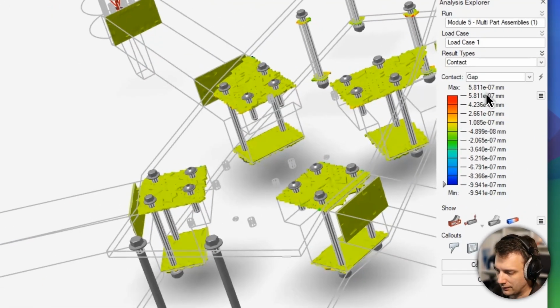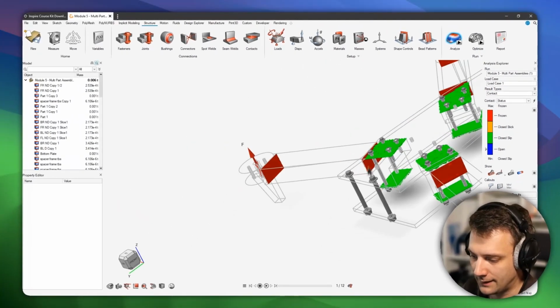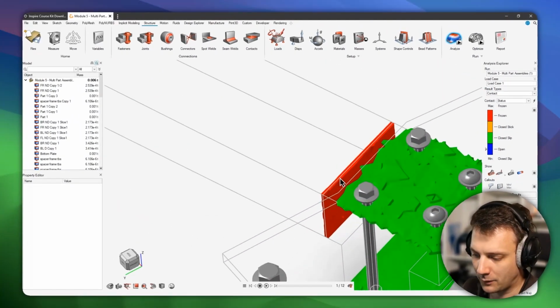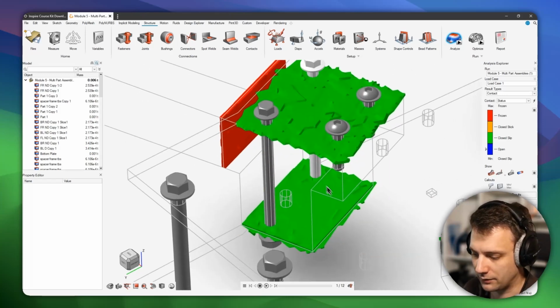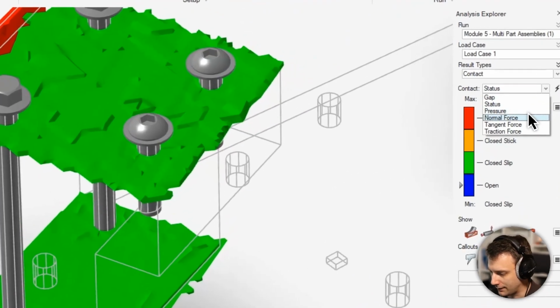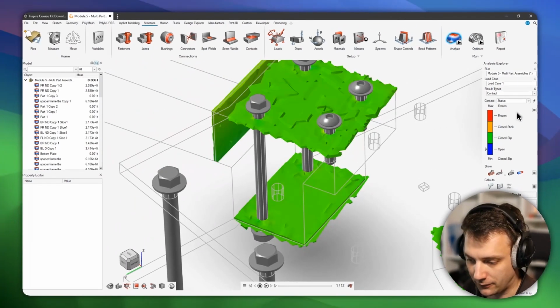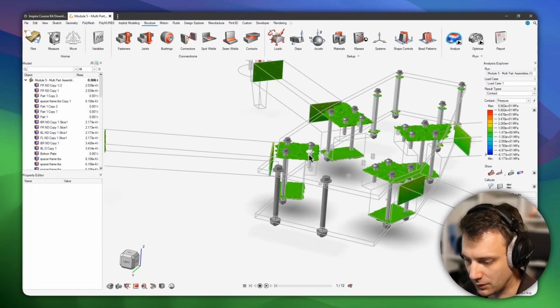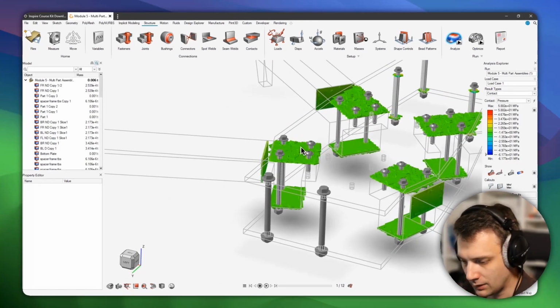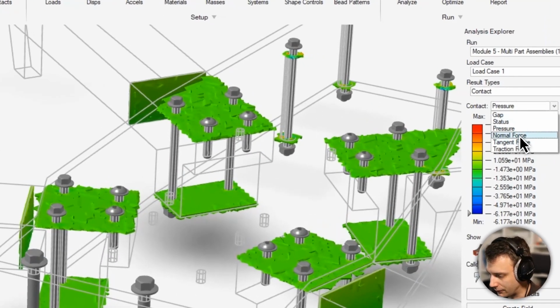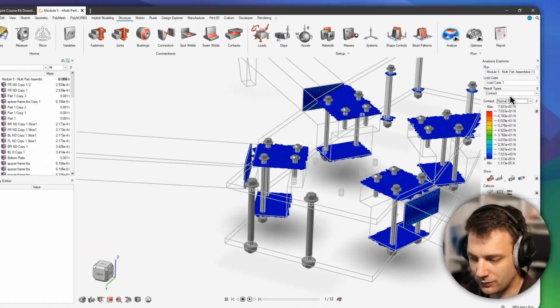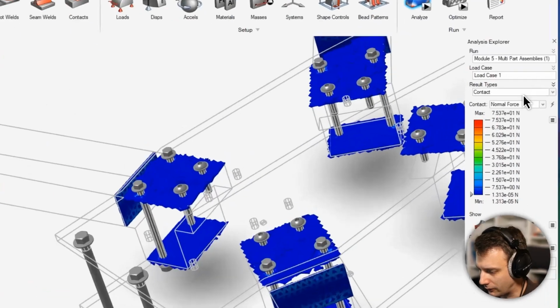Status is definitely one thing to check, because you can also see frozen contacts and the closed slip contact, so you can directly differentiate between those two. And then for sure contact pressure, for example, which will not be too much here because we don't have a pretension, but if you had pretension this would look different, and also then different contact forces, normal force,